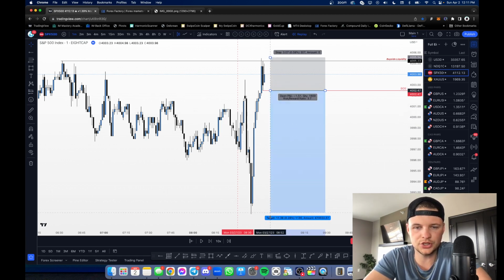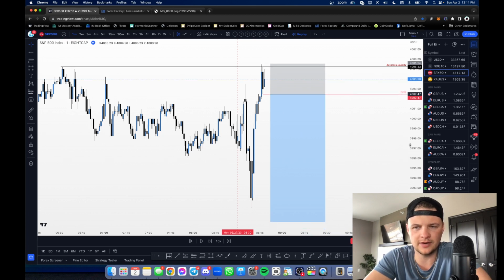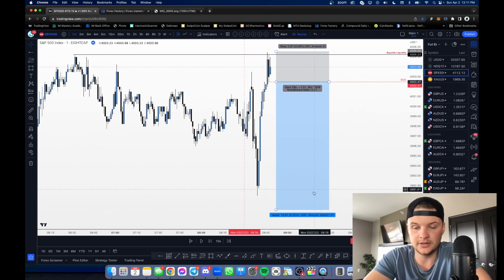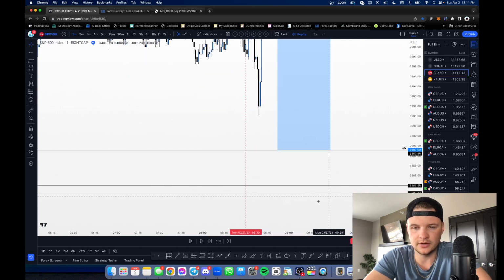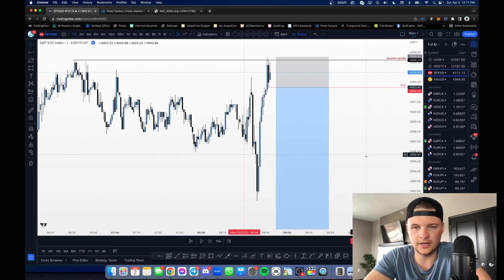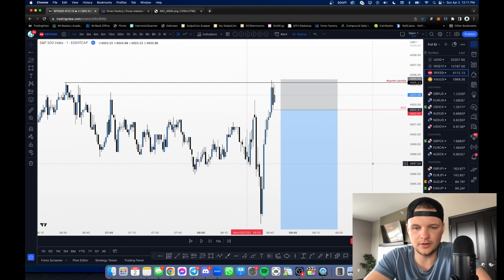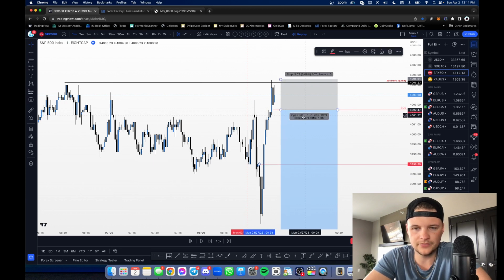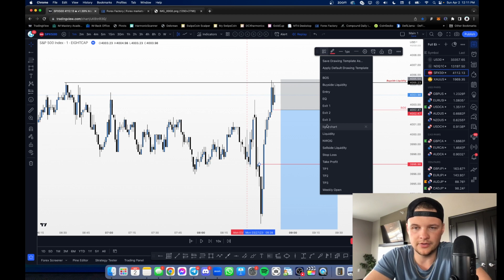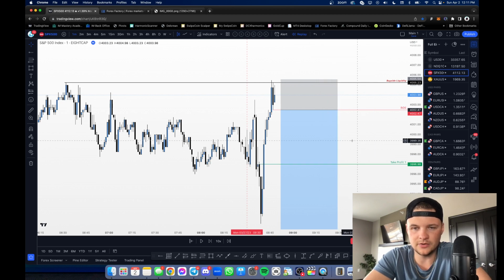This is how we should have played this. And I believe that there were a lot of people that do trade the strategy that did take this trade. And you could have targeted this equilibrium. You could have targeted sell side liquidity levels down here for larger take profit levels. But for like TP1, really easy. You could have targeted, for example, this order block. And this order block was literally right in the middle of this fair value gap. So that could have been a TP, right? That could have been like a TP1. That's over a 1-to-1 risk to reward.